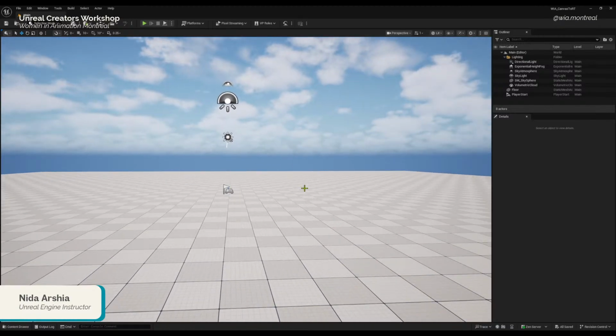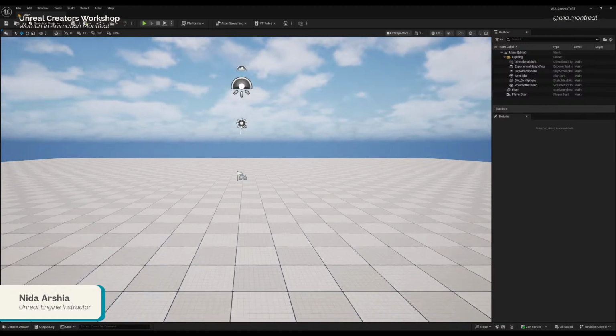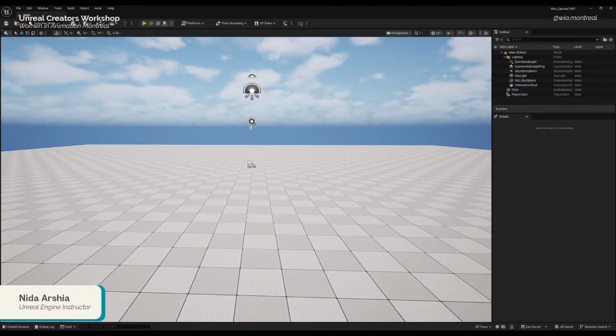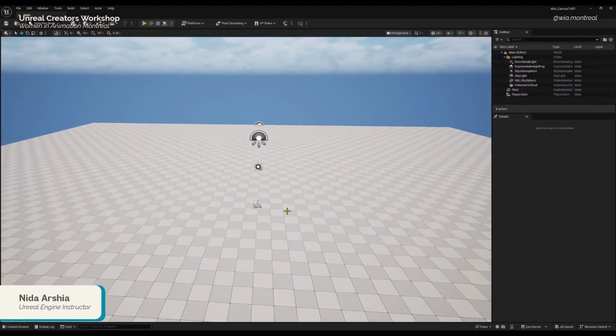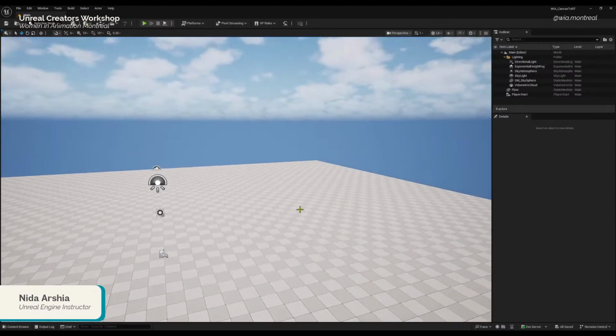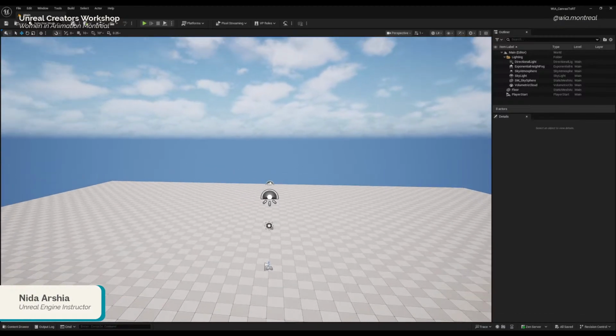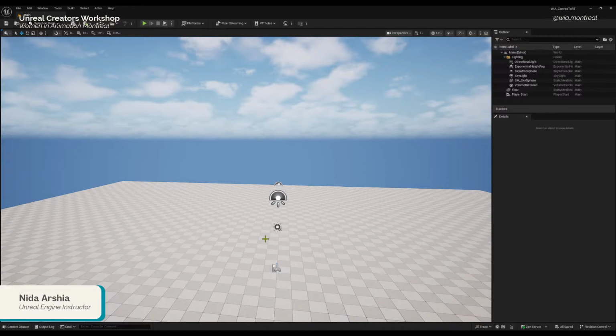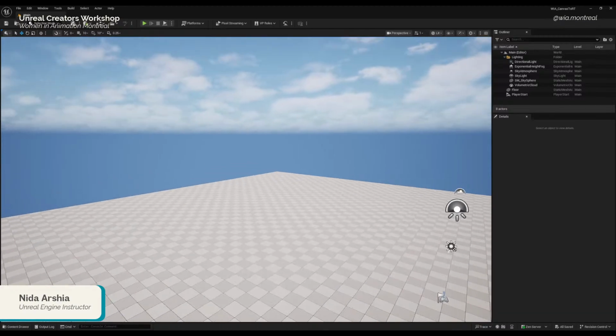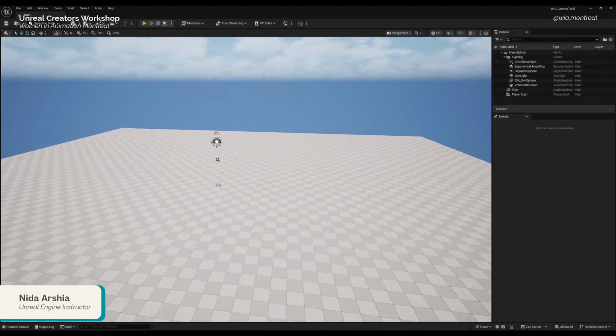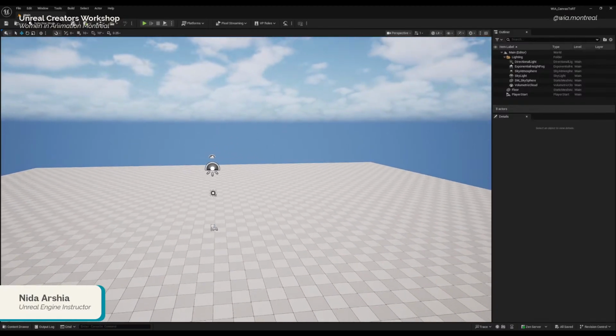Now to navigate in the viewport, you can use WASD keys. If you're coming from Maya or from a non-gaming background, it can take a bit of time to get used to it, but it should be fine. If you're a gamer, then absolutely no problem. So WASD is what we'll be using to navigate in the viewport.